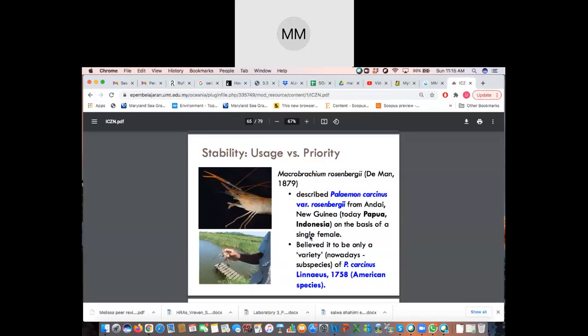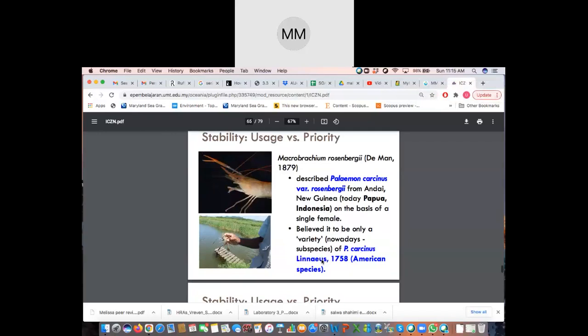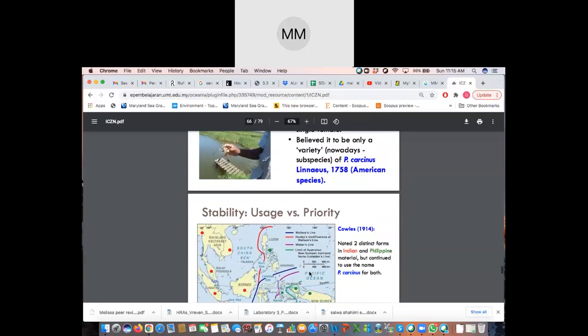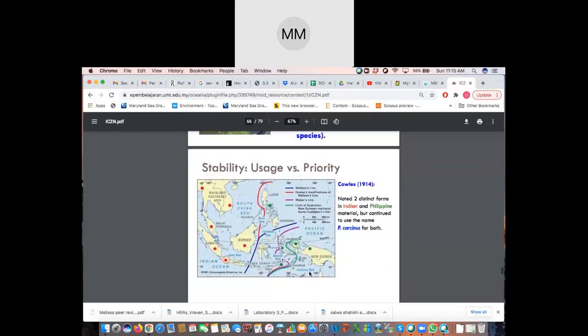And it was described on the basis of a single female. So it is believed to be the only variety, nowadays known as a subspecies of P. carcinus Linnaeus 1758, which is an American species that they are referring to. Okay, then we have